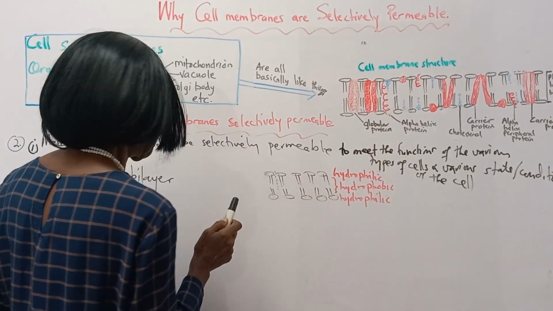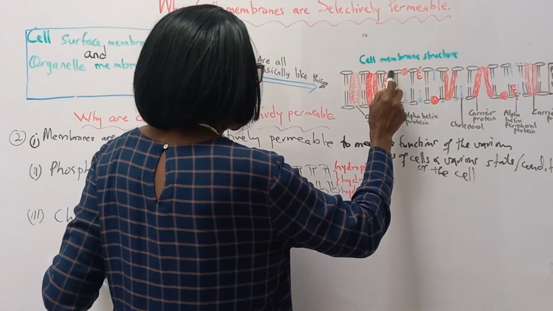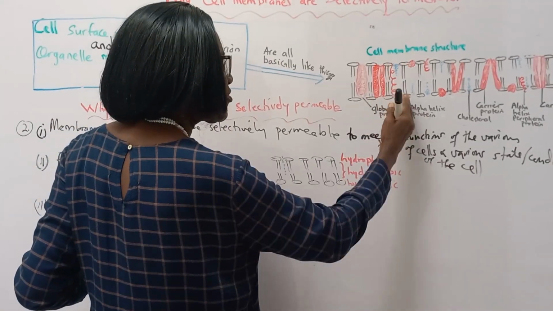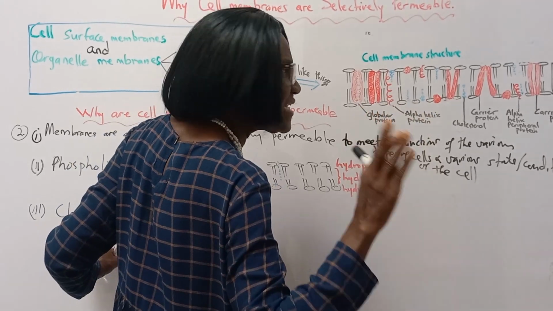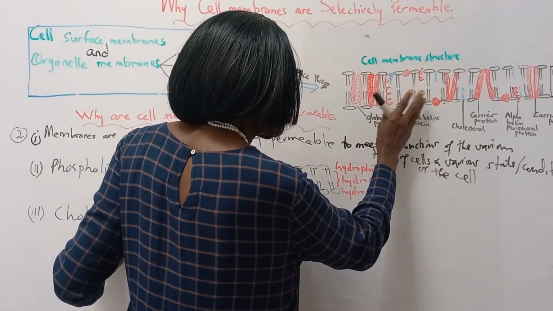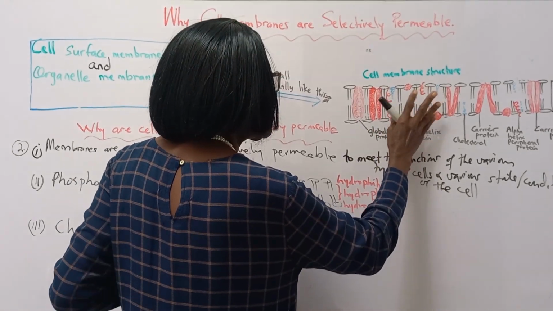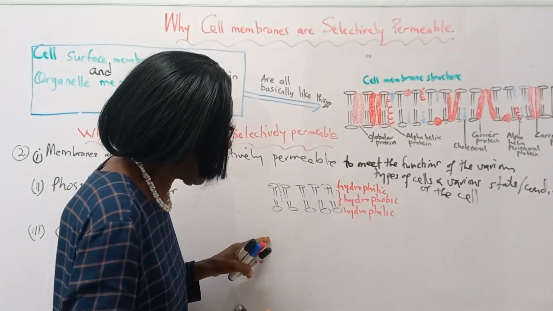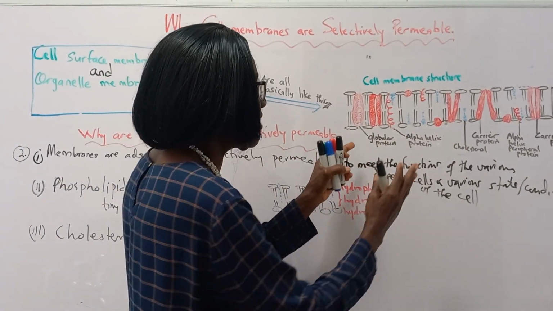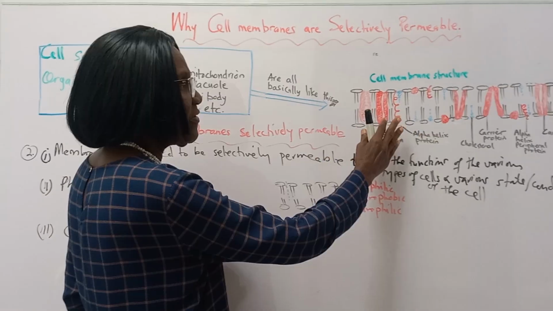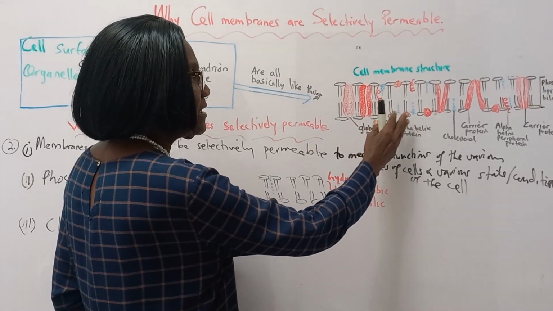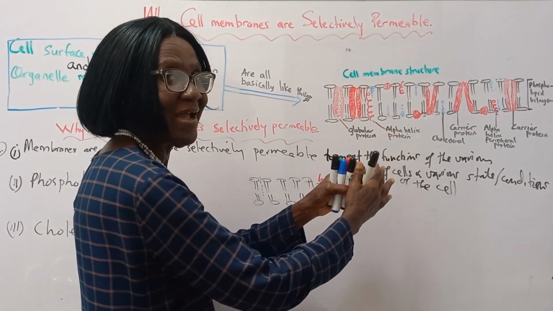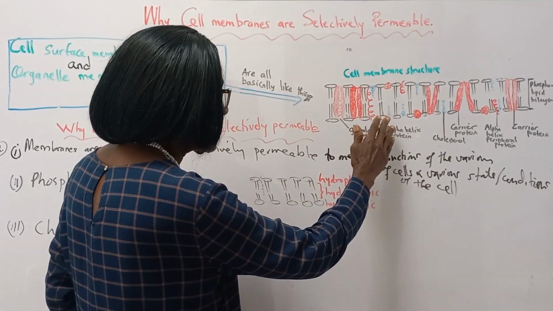So the cholesterol makes sure that the fluidity, or the substances that can get through the pores, are selective, because it makes sure that the membrane pores are not too large when temperatures are high, and when temperatures are low, the cholesterol prevents the phospholipids from packing too closely together, and so it ensures that the